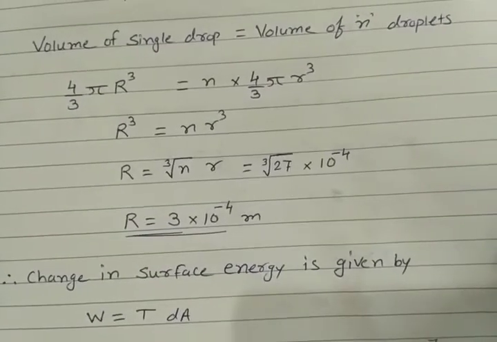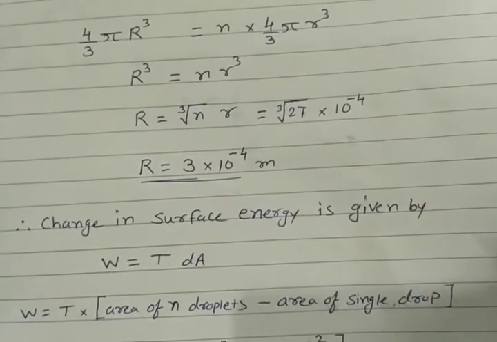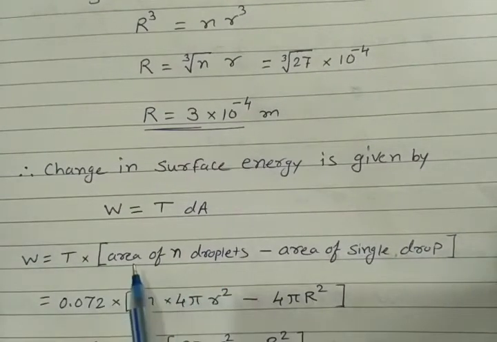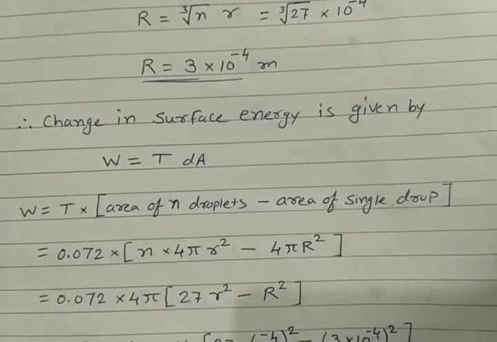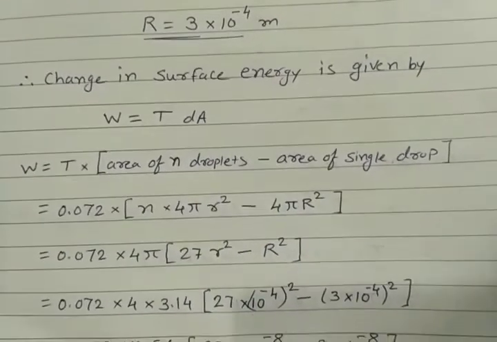Now the change in surface energy is given by W is equal to T into dA. That is the formula we derived. So surface energy is W and T is the surface tension and dA is the change in area. Now change in area is equal to area of n droplets minus area of single drop. The formula for surface area of a sphere is 4 pi r square. And therefore simplifying this and substituting the values, we have n into 4 pi small r square minus 4 pi capital R square. So substituting the values over here,